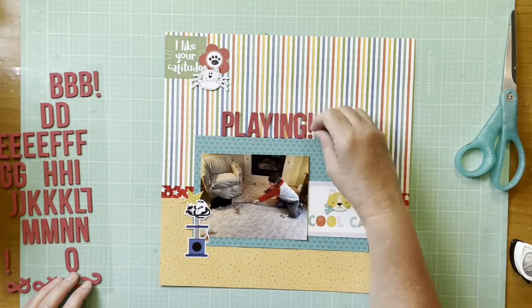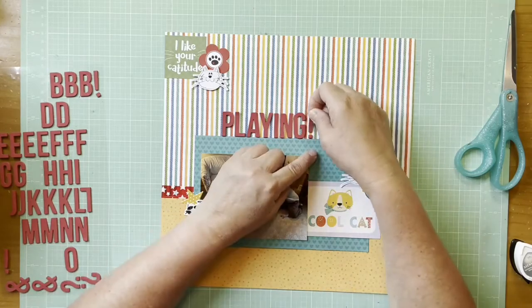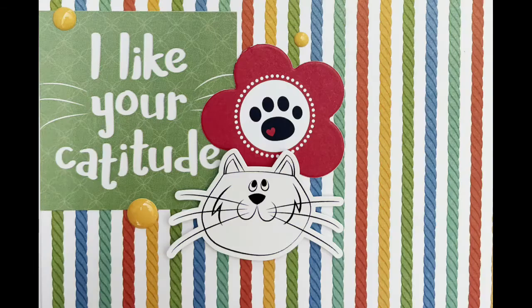Okay. So now the title's down. And then you're going to see that after I was done, I added some Doodlebug sprinkles in the fall assortment and the Bumblebee assortment. That's what those yellow